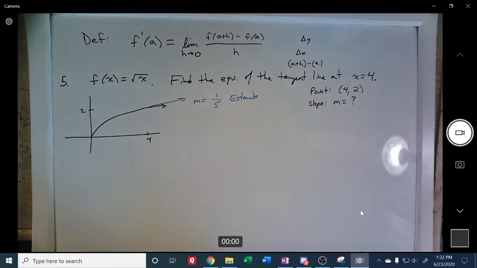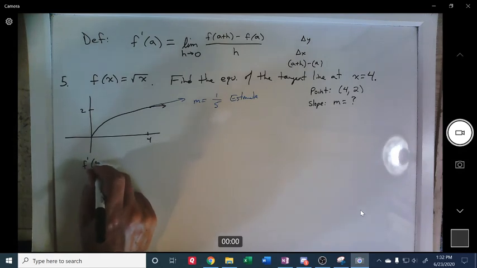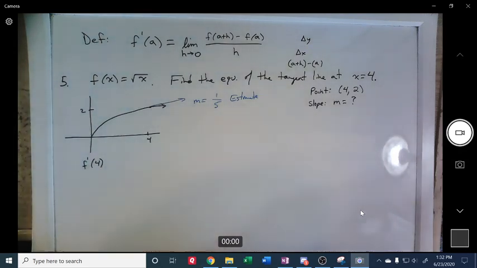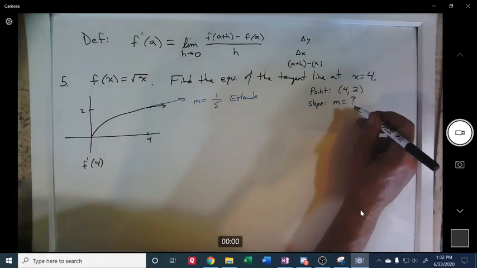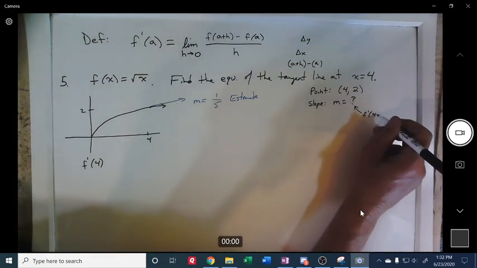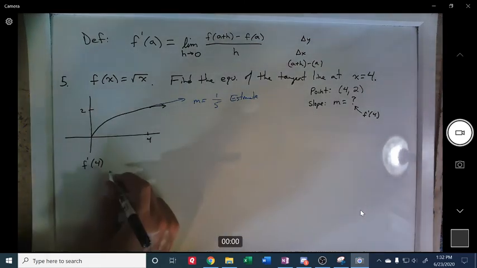Well, I don't know what the slope is. But the slope is going to be f prime of 4. So whatever we find for f prime of 4 is going to go right there. f prime of 4